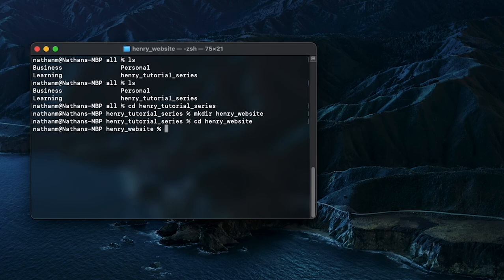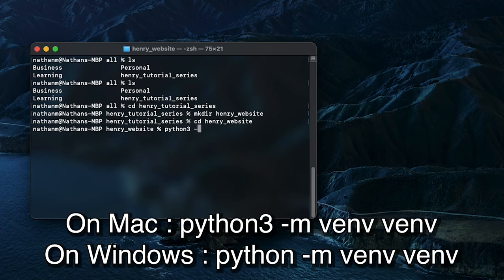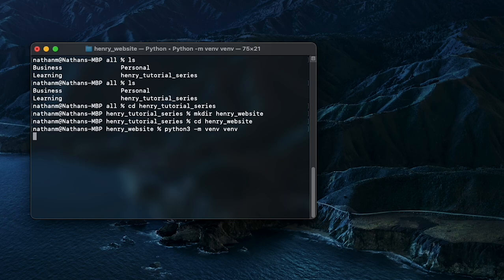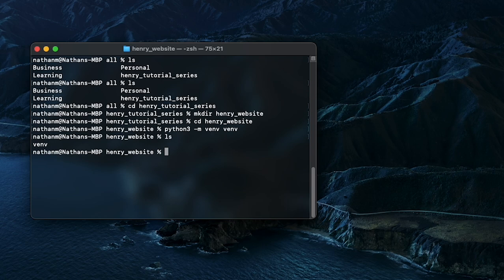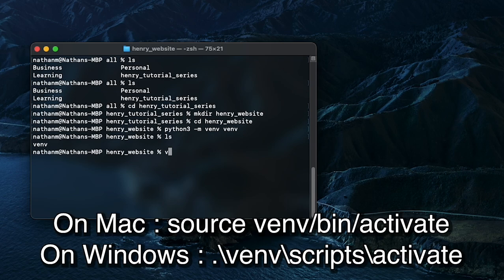And then we navigate into that folder and we're going to type in the command python3 -m venv virtual environment. Press enter. And now if we list out our directory, we're going to see the folder venv, and that is our virtual environment. But in order to actually access it and to install packages for it, we need to type in this command. So on Mac, it is source